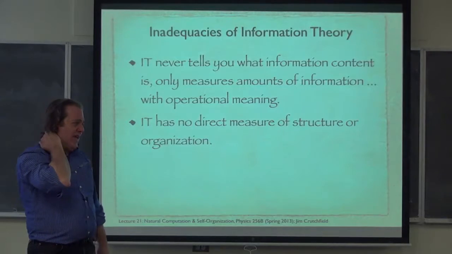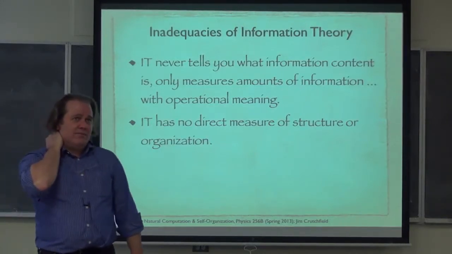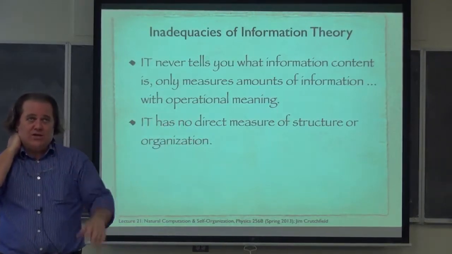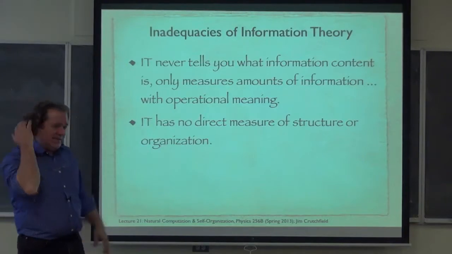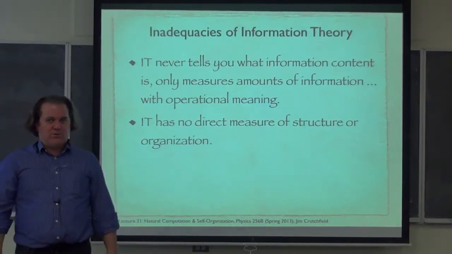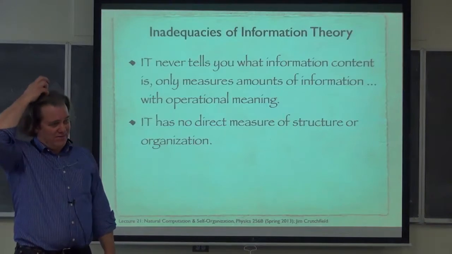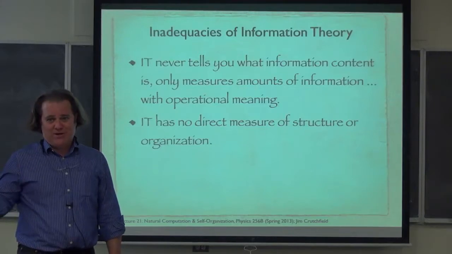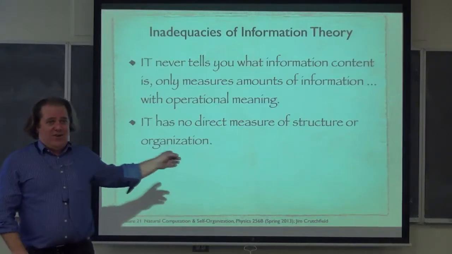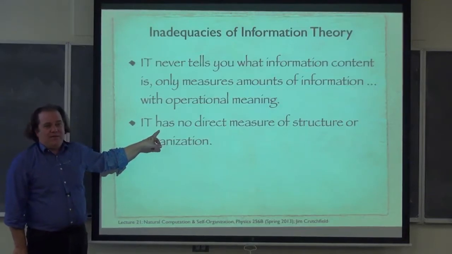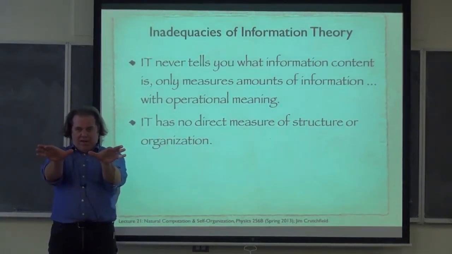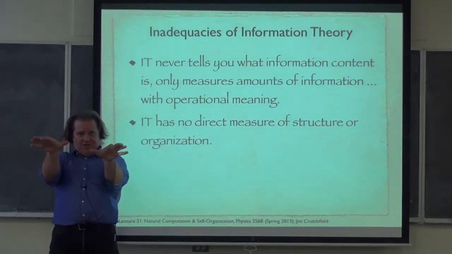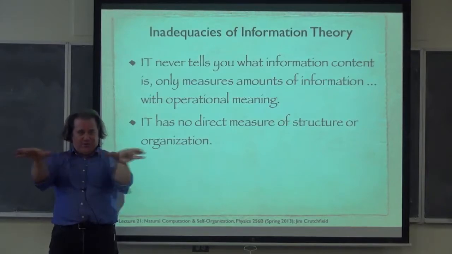Now you might say, well, now just a second. I can think of a process as an input-output, information transmitted from the past to the future like a communication channel. Isn't the excess entropy of that mutual information a measure of structure and organization? And I kept using the word memory, but you might remember also that I kept saying apparent memory, apparent stored information. There's actually a subtlety here we can't appreciate, that this sort of raw information theory view of a process, the sequences of measurements, how much shared information is there between the past and the future,